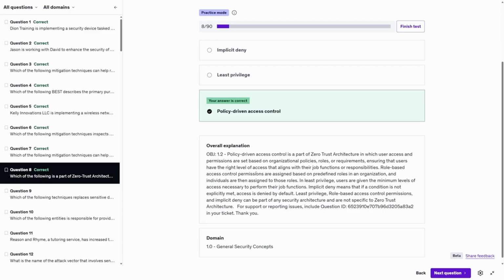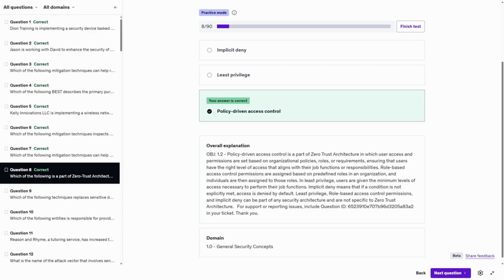Role-based access control permissions are assigned based on predefined roles in an organization, and individuals are then assigned these roles. In least privilege, users are given the minimum level of access to perform their job functions. Implicit deny means that if a condition is not explicitly met, access is denied by default. So all of these can be a part of any security architecture, but are not specific to zero trust architecture